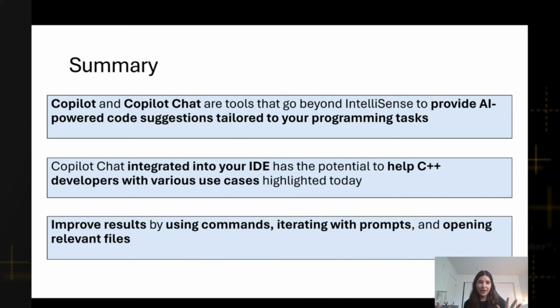We covered a lot of ground in 30 minutes, so let's summarize. Copilot and Copilot Chat are AI-powered tools that are tailored to your programming tasks. Copilot provides you with auto-generated code completions while you are coding to assist with repetitive or boilerplate coding. Copilot Chat has features and a chat interface to interact with AI connected to your IDE experience. Copilot Chat is deeply integrated into your IDE